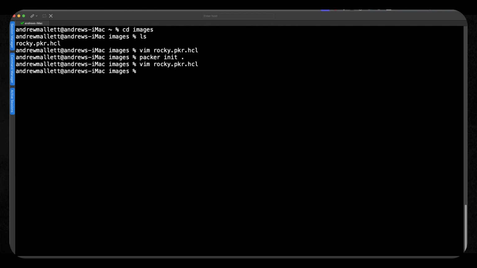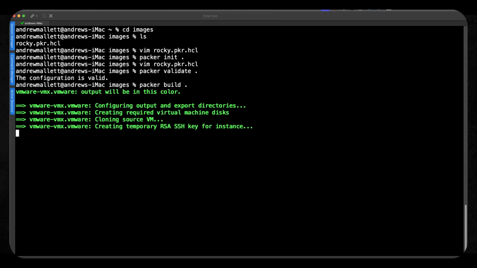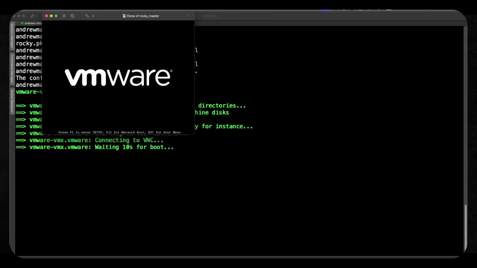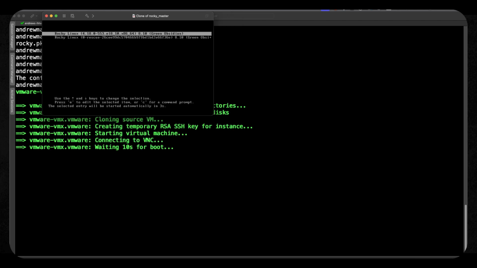So I can go through and jump out of that file. We've already looked at the init command, but we could go through and use the validate command to make sure that the file is syntactically correct, and it is, so we haven't made any mistakes. We still might have runtime errors because it doesn't check things such as the path through to the VMX file. But now we know we've got the drivers, we know we have a valid file, we can go through and use packer build. Again, I'm using dot to represent the current directory, and it picks up the .hcl file, and